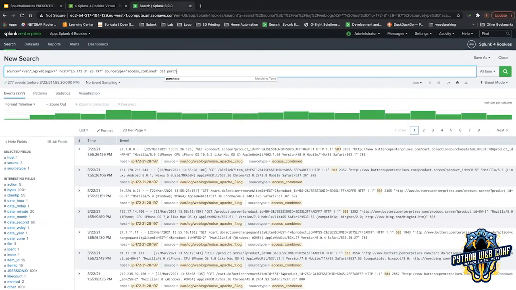And then put an asterisk. Because the asterisk says I'm looking for anything that starts out with PURCH and anything that follows it. So now I'm looking for the text 503 and the text PURCH and anything that follows CH. If I hit return,